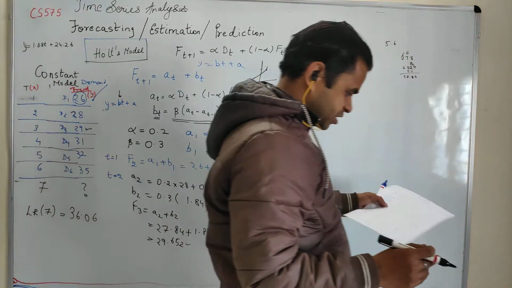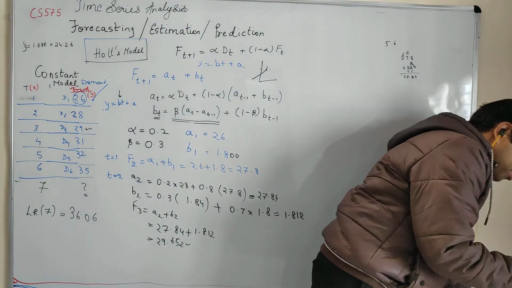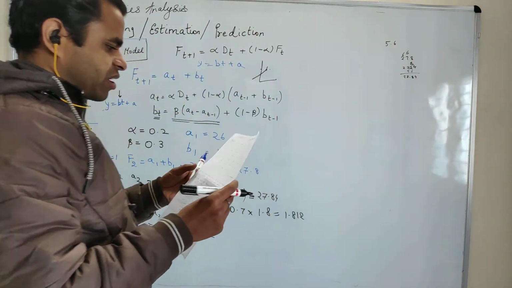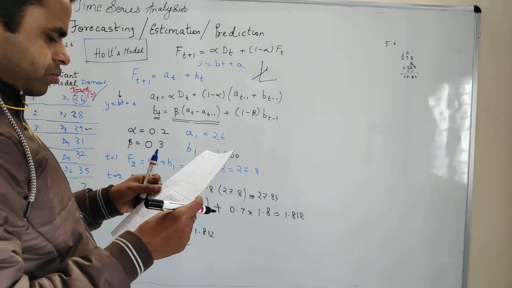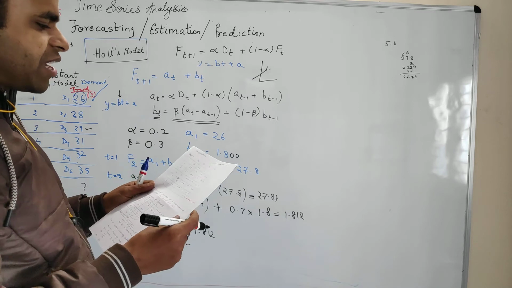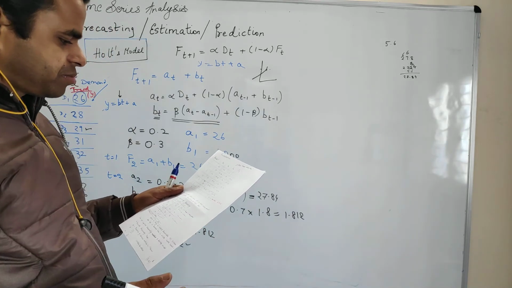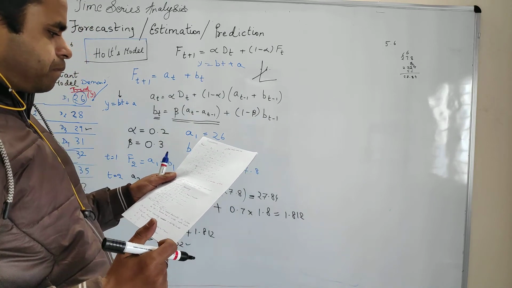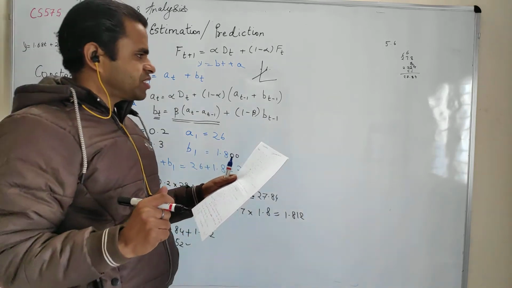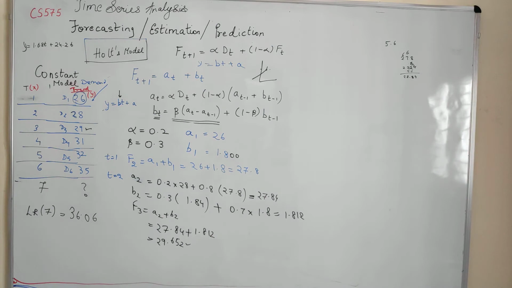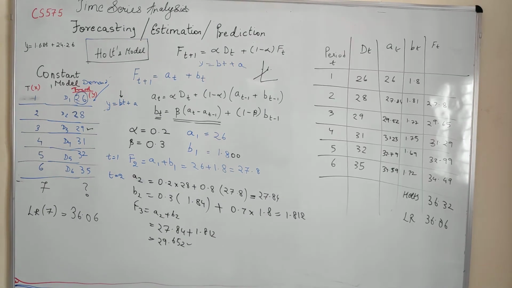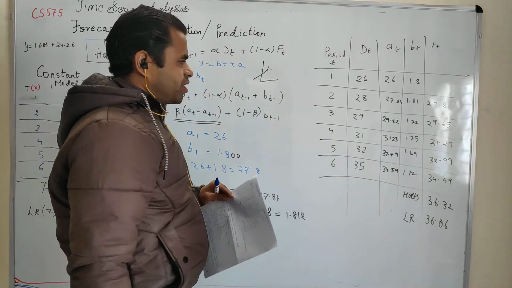So this is page 4, page 5. So now let me draw a table quickly, right, for the values of DT, AT, BT and the forecasted one, right? So I am just pausing the video. Okay class, so I have computed all the values.